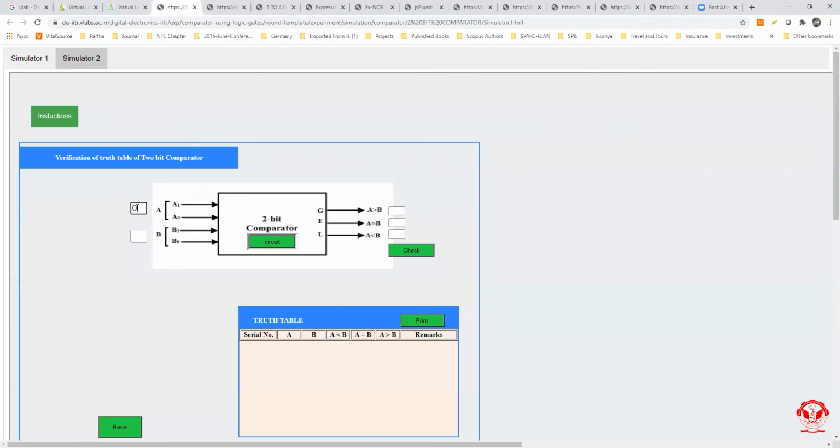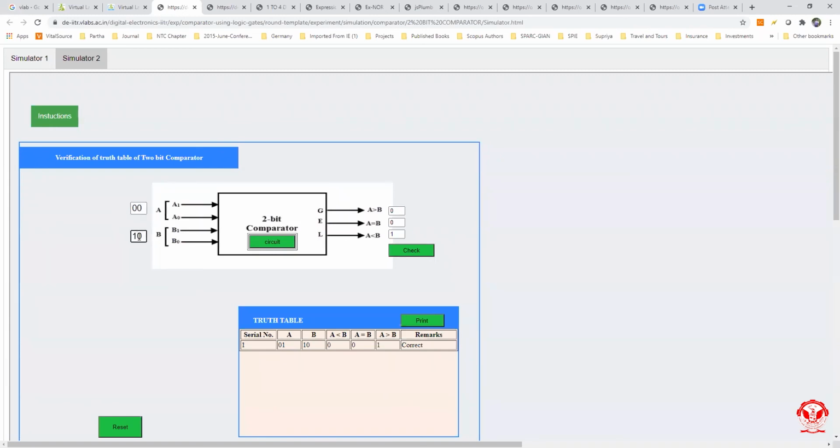Now, from the simulator 2 section, we can also verify all the inputs. Just put 0 and 1, and here 1 and 0. Since A is less than B, just click some 0, 0, fill it by 1, and check whether it is wrong or correct. Yes, it is right. We can take some random values.